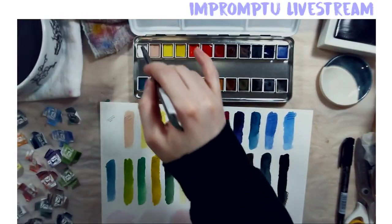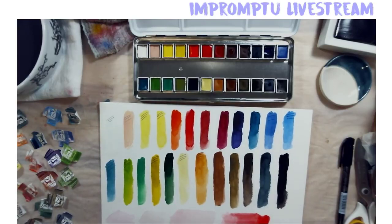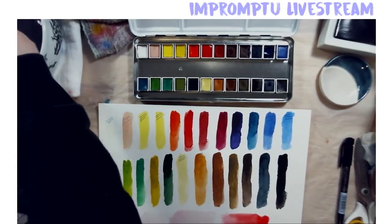I don't usually use white, so this is a bit weird to be doing, but I'm just trying to see if I can get a pinkish color. Yeah, you can get something, but it's going to be quite muted. But then again, this set doesn't have the intense phthalo blue that we often get, so